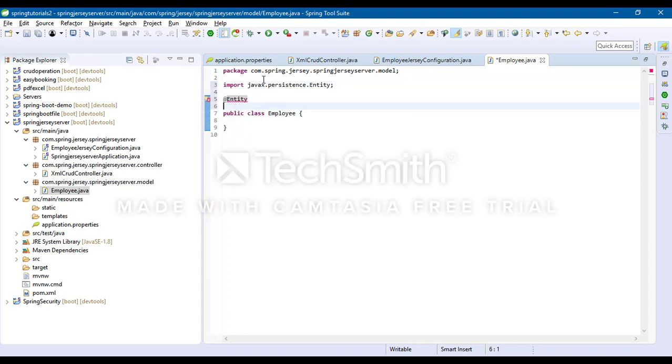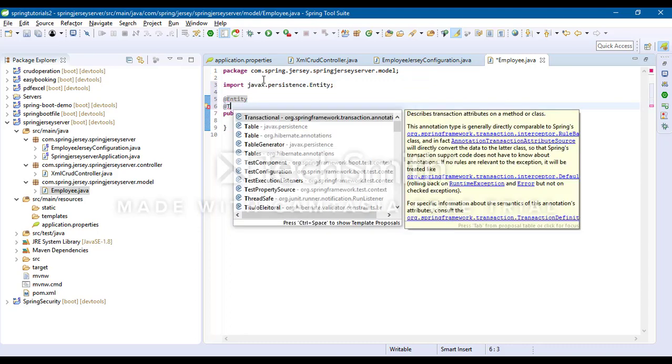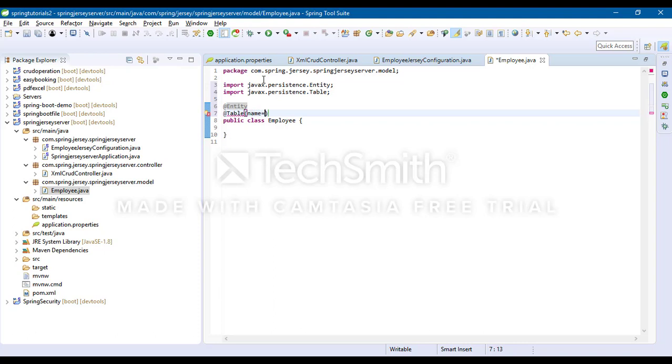@Entity, @Table, name equal to my table name, which is employee. Next I am going to create fields: long id, private String first name, private String last name, private String,